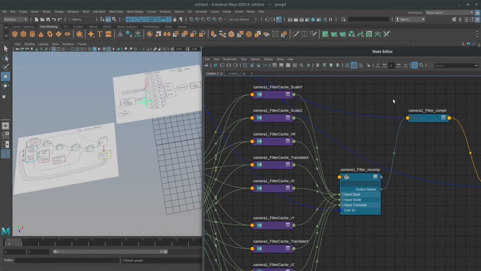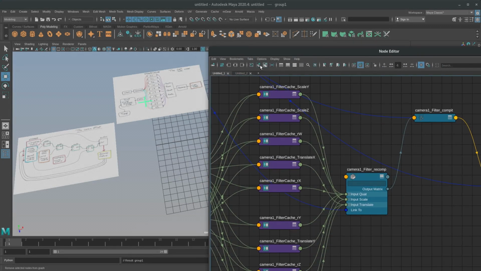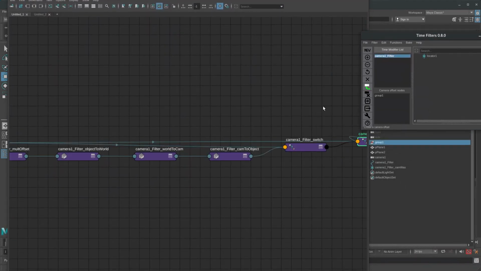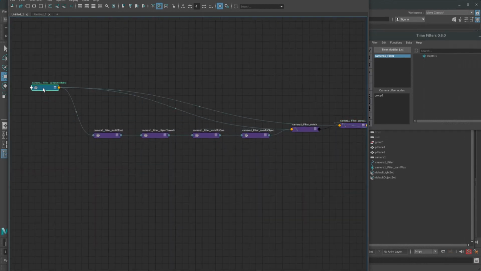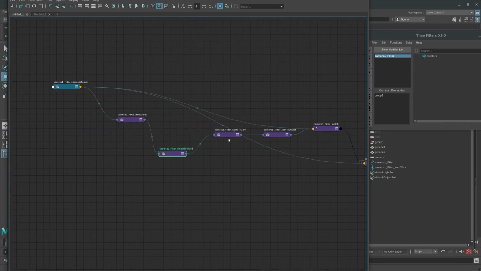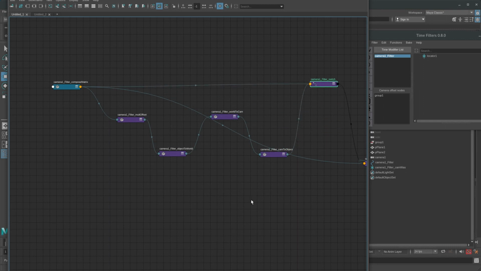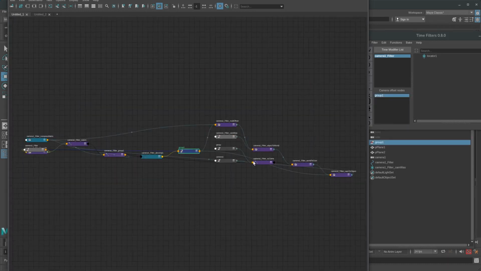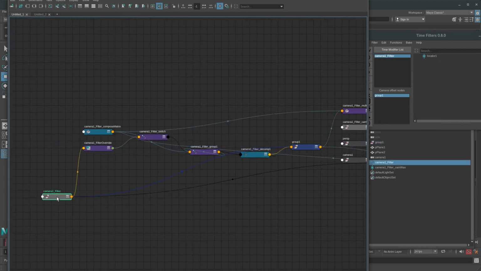I'm going to open up the graph here so we can see what's actually happening. So let's go ahead and create a camera offset network. Now what you can see here is what happens as we output. We are creating a string of matrix multipliers, and this was the part that took the longest to figure out: how to express camera space based on a given time and pipe that through to the object or objects in question. I'm going to go into detail and show you how we figured this out.